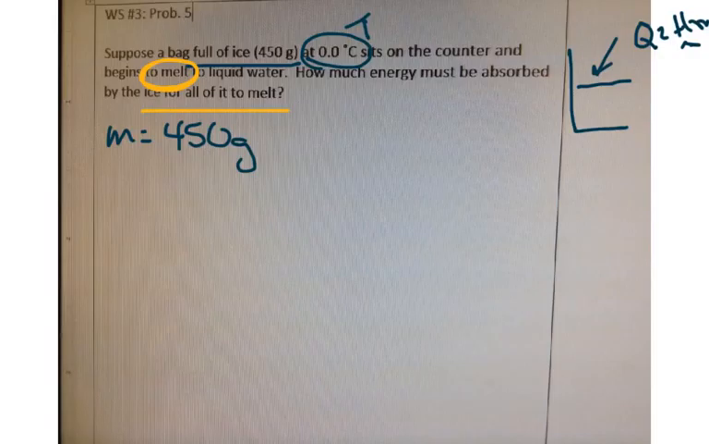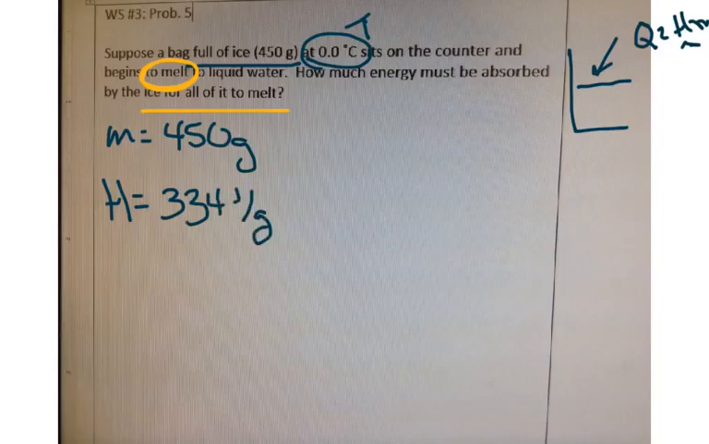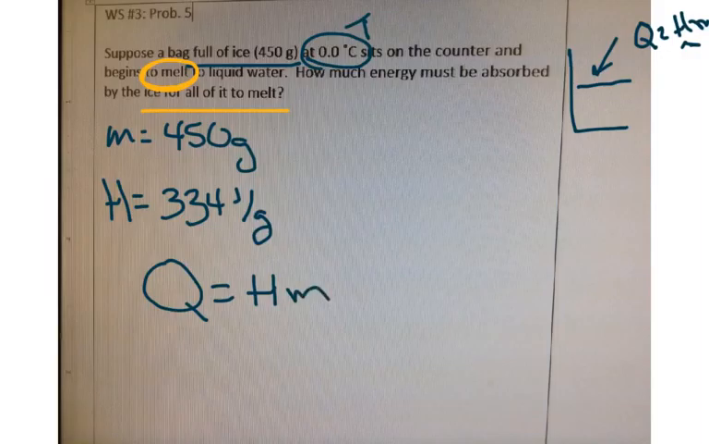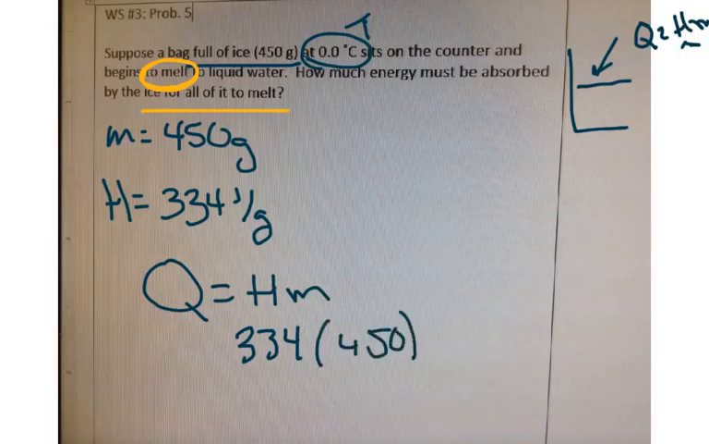So for water, if you reference the front of this page, you would find that H's value for water, because that's what we're talking about, for the process of melting, which is fusion, is 334 joules per gram. Okay, so now I know both my H and my M, so I'm ready to solve. So Q equals HM. So I'm going to plug my H value in, which is 334 for water, and I'm going to multiply it by my grams, which is 450, and I'm just going to multiply it out, and I get